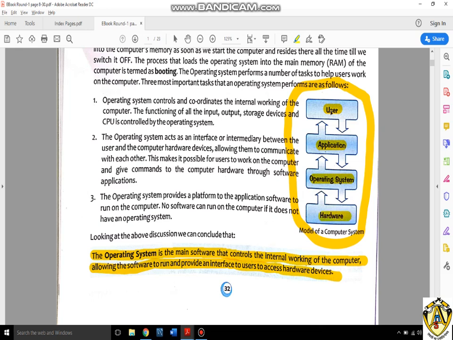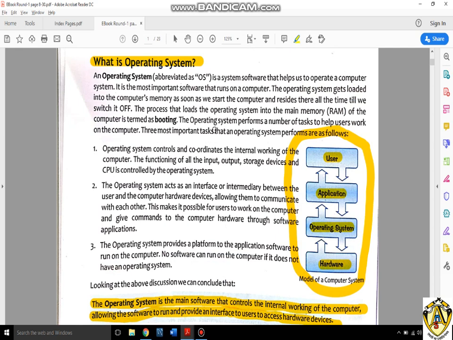That means the user interacts with the application or with the operating system. Further, the user cannot use hardware directly without the software. So this is the interface between the user and the hardware. One last thing I would like to elaborate, memory, that is the RAM. It is called main memory. When you boot the system, the full operating system will be loaded in RAM first. Whatever you see on your screen will be coming from RAM.